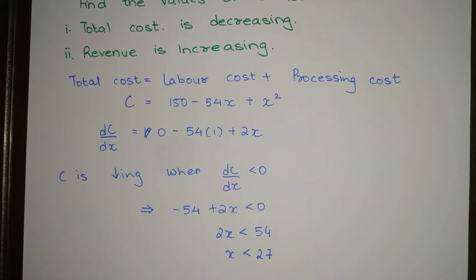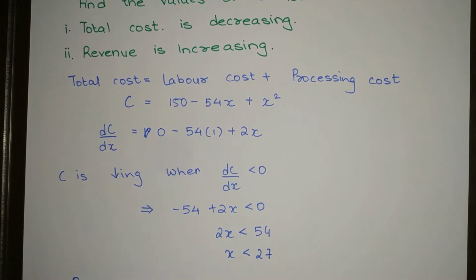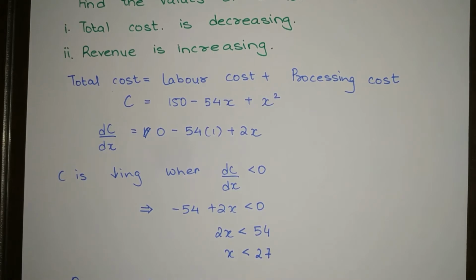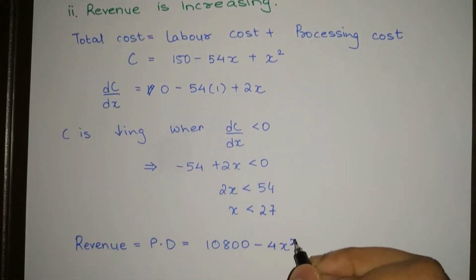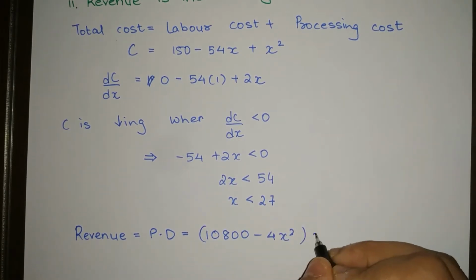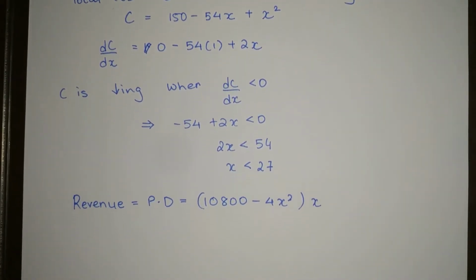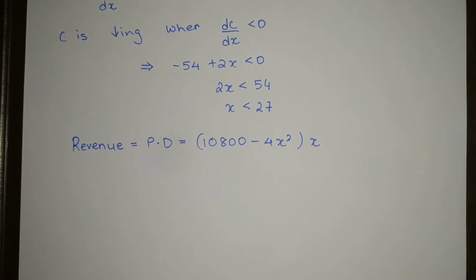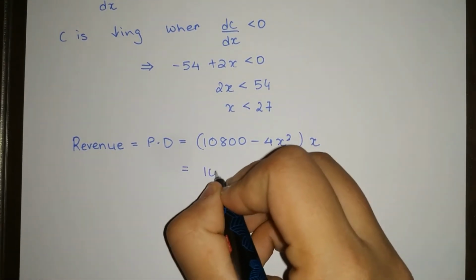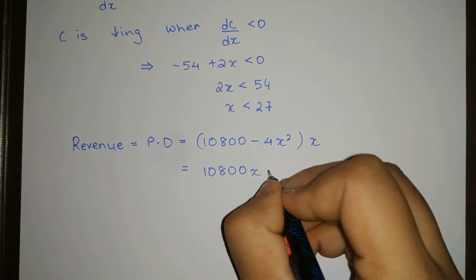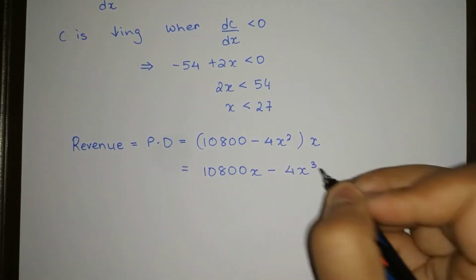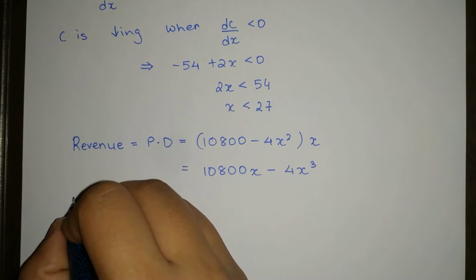Now for revenue के लिए we have to do price into the demand, which is the number of units. So revenue R is equal to P into D, and price over here is given as 10800 minus 4x square into x. Okay. अभी इसके बाद हम लोग को देखना है कि रेवेन्यू कब इंक्रीजिंग है. तो इसको ओपन करते हैं, फिर उसको डिफरेंशिएट करके ग्रेटर दैन 0 निकालना पड़ेगा कि कहाँ पे है वो. ठीक है. तो रेवेन्यू इज इंक्रीजिंग व्हेन